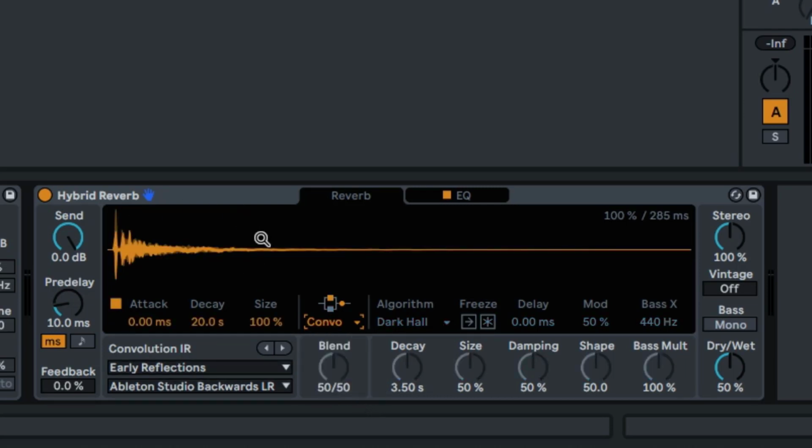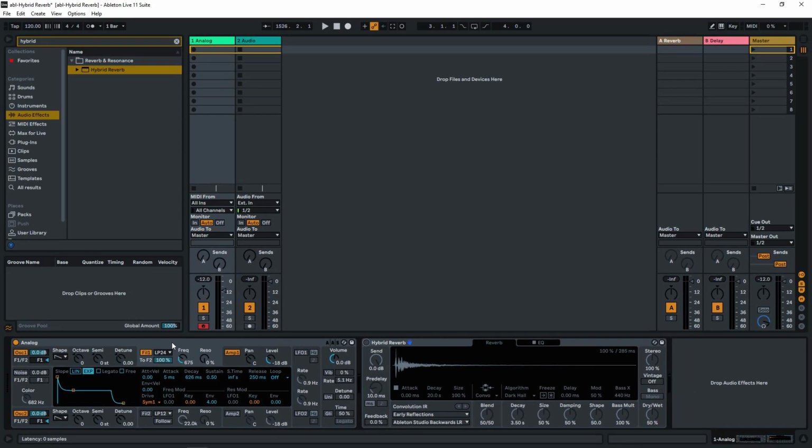But before we cover the convolution, we need to talk about the input, which is again super important. I'm going to turn it off, and I'm going to show you that I have a synthesizer right here, and it's a mono sound of a type of bass, let's say. So when I turn it on,